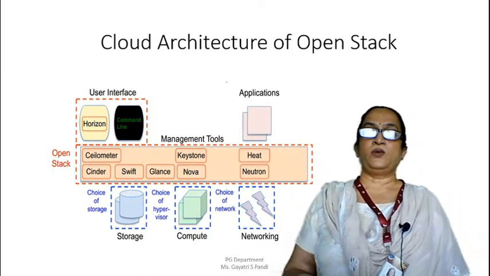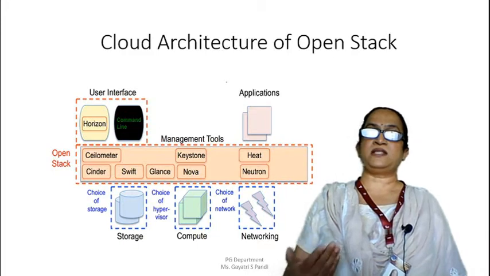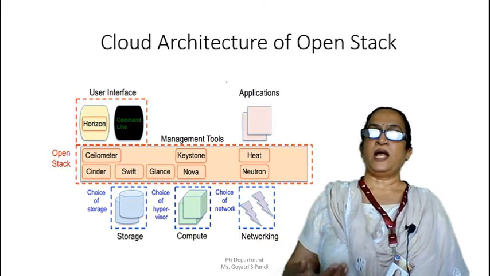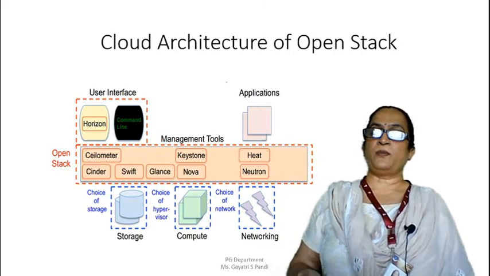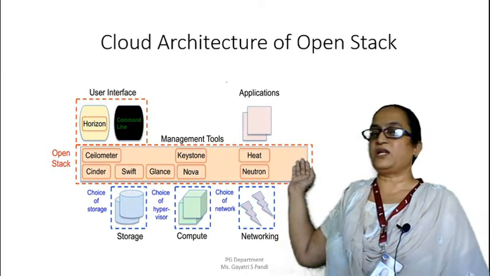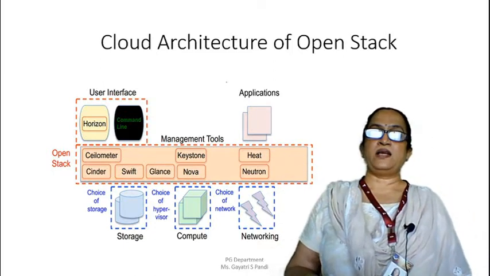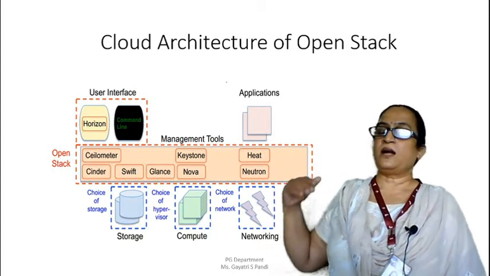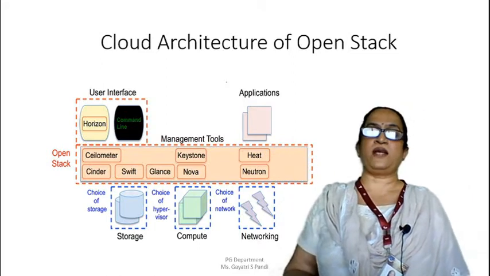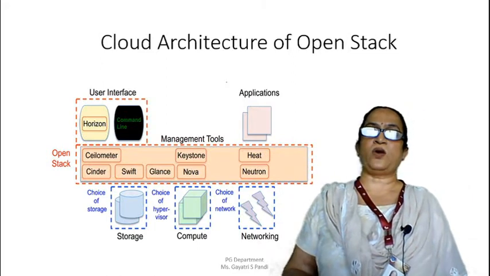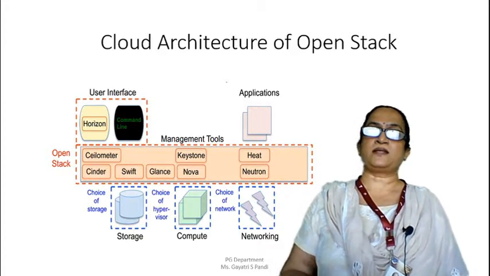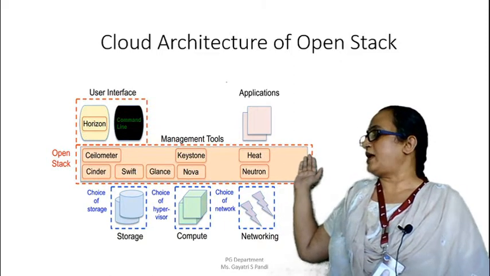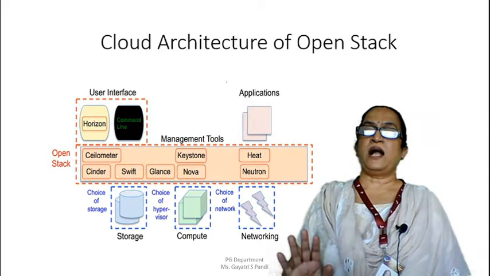On the higher side you have the major components of OpenStack, like for example Ceilometer, Cinder, Swift, Glance, Keystone, Nova, Heat, and Neutron. These are major components of OpenStack which will help you in operating the backend of the cloud. On the higher side you have the user interface. You have basically two types of user interfaces, that is Horizon and command line. Horizon is basically a GUI based interface, and command line is basically something like your DOS based system where through commands you can access. And then you have the management tools and the various applications which run on OpenStack. So this is a brief introduction to the architecture of OpenStack.